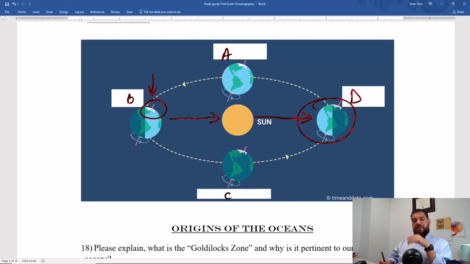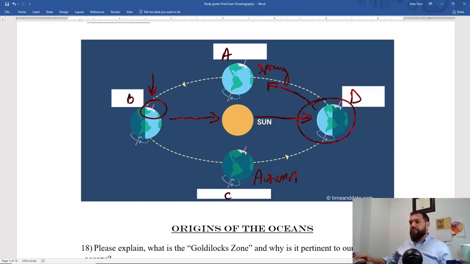All right. Now, because the Earth goes counterclockwise around the sun, you can figure out everything else from there, right? So this is the winter solstice. The season after winter, of course, is the spring. So this is spring equinox, and then over here, this must be the autumn equinox, right? So make sure you know all that stuff. Be ready to get a diagram like that and be able to label it.